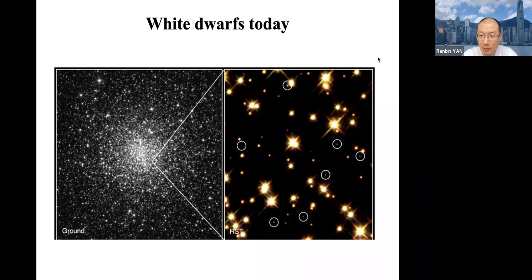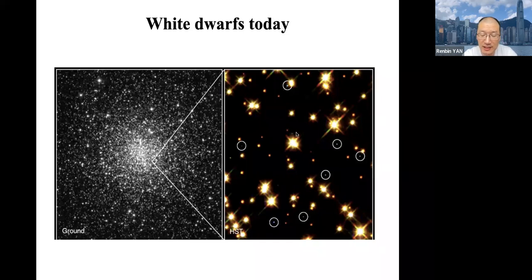Does this mean that that globular cluster is very old? Yeah, this means that this globular cluster must be more than 11 billion years old, so that sun-like stars have already died away into these white dwarfs. And for most of these other brighter stars, you can see they must be lower mass than the sun. So although they look bright, they're not as massive as the sun either. Because some of these sun-like stars have turned into white dwarfs, all these stars will eventually turn into white dwarfs as well, but they haven't reached that stage yet.